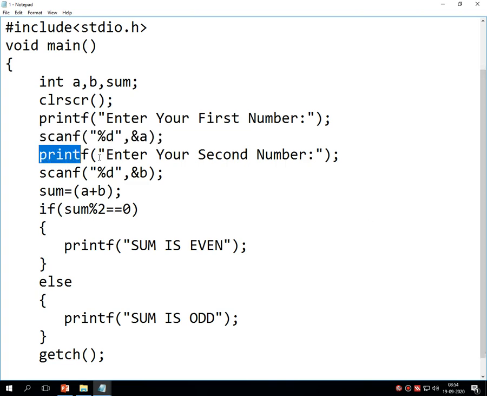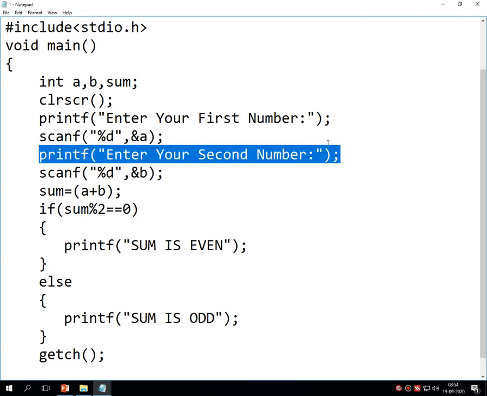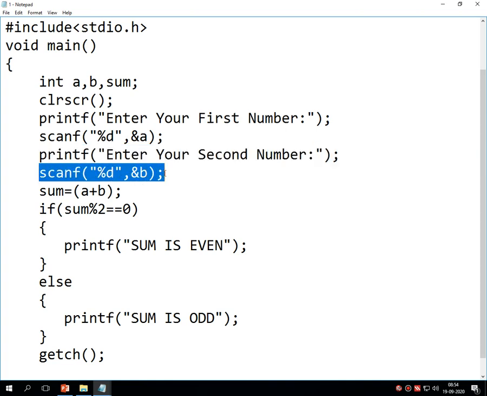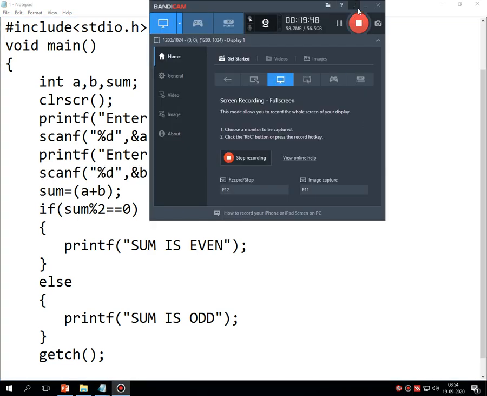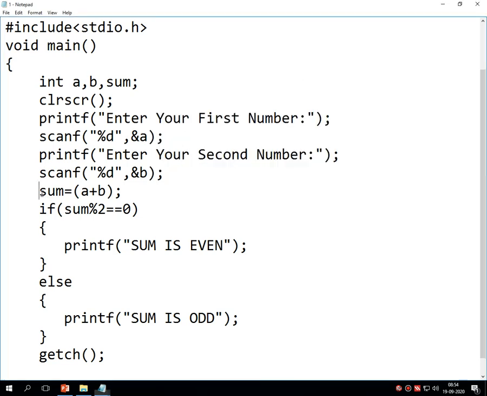Then printf enter your second number, scanf %d and &b. This is the second number. Then after entering the first and second number, there is an addition of the numbers, that is sum equals a plus b, which adds the two numbers.